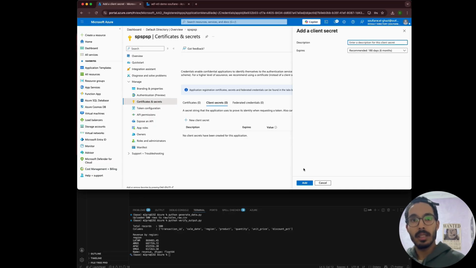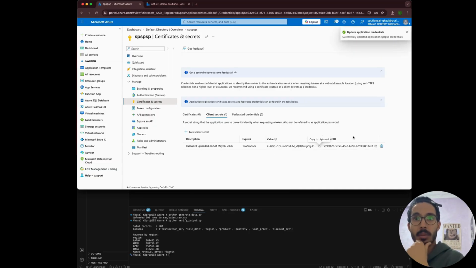So for example, I have added one arbitrarily, and here you're going to copy the value and not the secret ID. This is the thing you have to pay attention to. That's the value that we'll be putting into